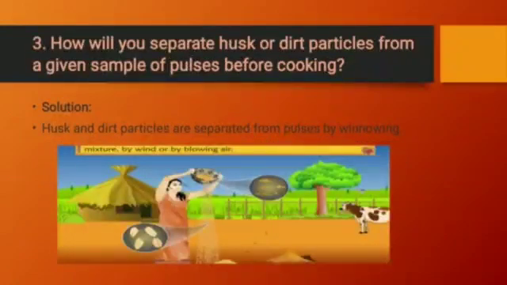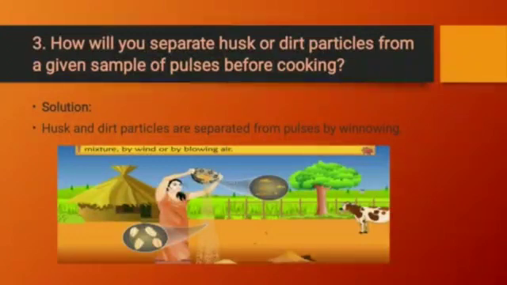Question number 3. How will you separate husk and dirt particles from a given sample of pulses before cooking? You know that before cooking we need to separate some unwanted, or we can say harmful, components from the pulses, and then only we can use them. Maybe some husk particles are there, and husk particles are light in weight, so they will fly away from the pulses.